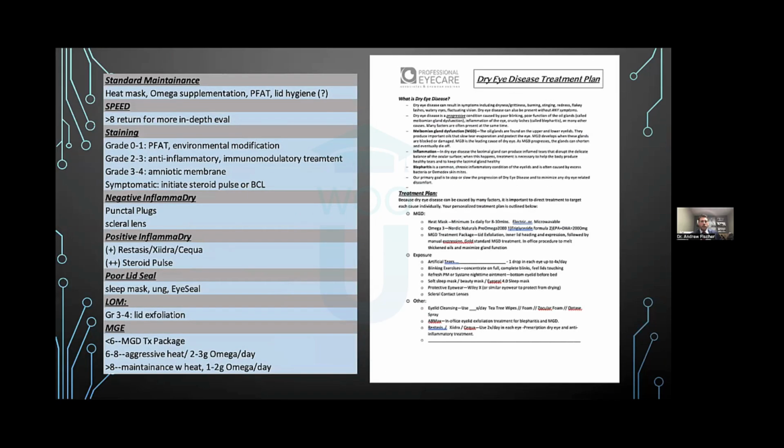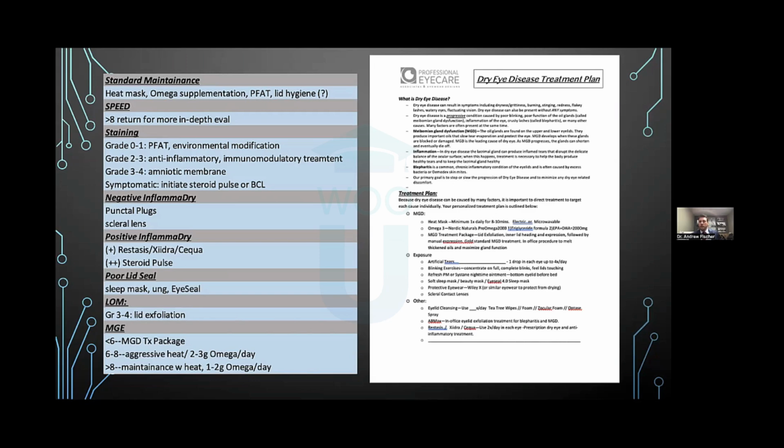I'd like to share quickly a rough outline of how my protocol is here. So on the left, this is kind of a standard. If I see this, then I do this on my dry eye evaluation. Most of this was modeled after the DEWS-2 study, which again is a very, very long study, very well detailed. So I really encourage you to look up the DEWS-2 study and get very comfortable with their treatment protocol. Most of what I have on that chart on the left is derived from that too.